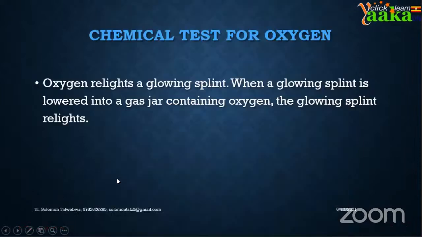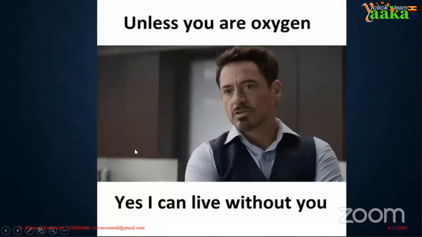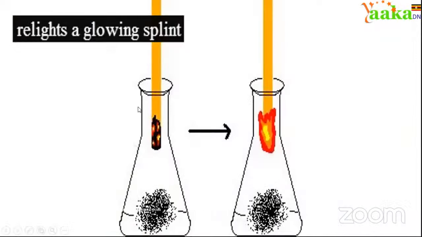You might ask what a glowing splint is. This is it. So, for example, you light your matchbox. After it has burnt a little bit, you blow the flame off. What remains is what we call a glowing splint, which is right here. This is the glowing splint. In here we have oxygen. There is oxygen here,